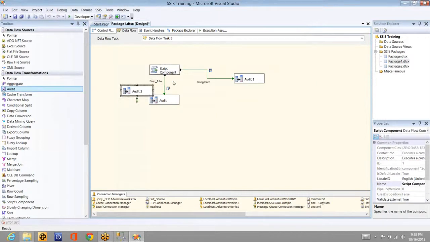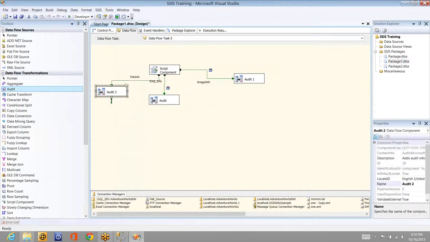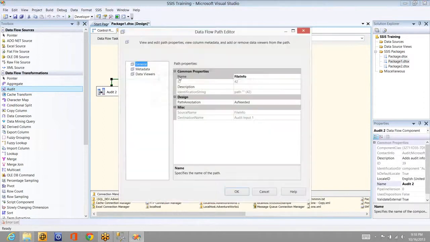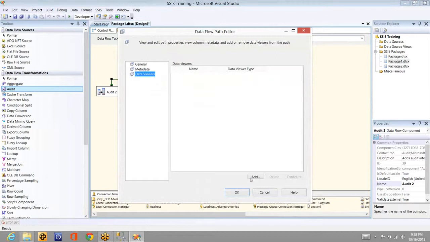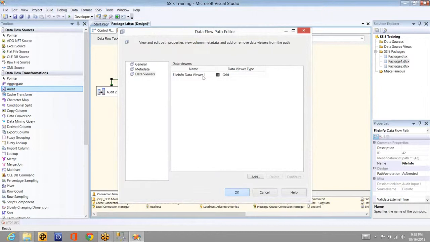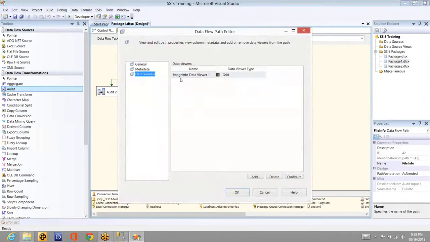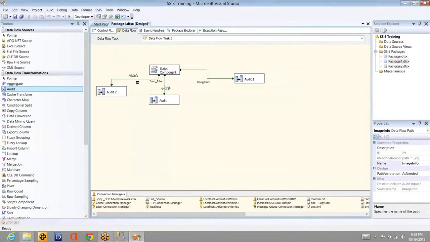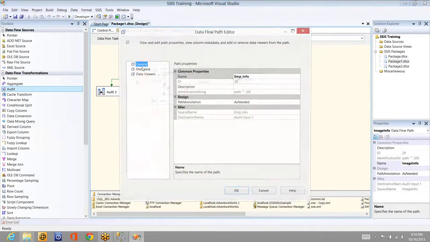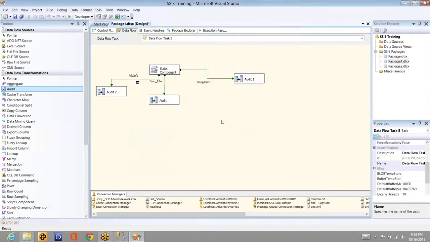So the third output is available for the script component, and you can see the file info is giving. Now let me set a data viewer here. And as you are aware, with the data viewer, the data is coming properly through the remaining pipeline. So I'll remove the data viewers here so that it will be easy for us if you have only one data viewer open instead of all the three. So let me delete this guy and execute this.